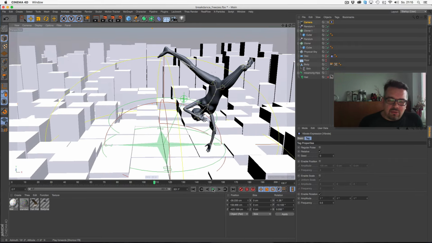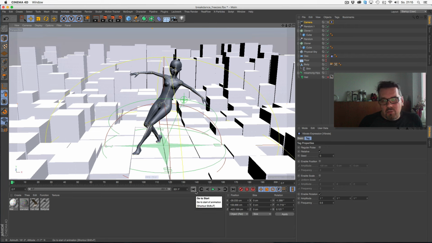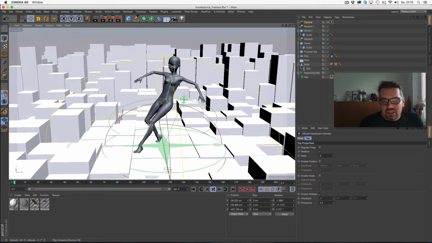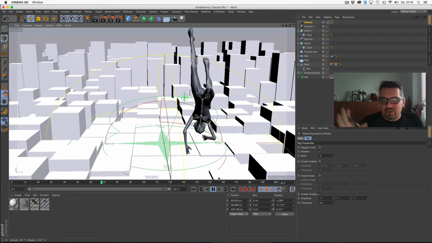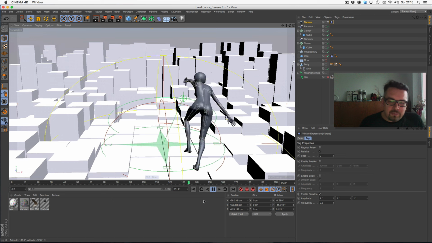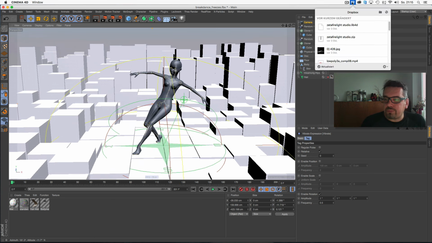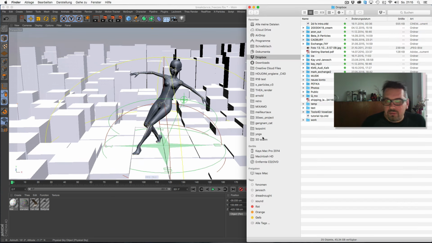It's important to give the viewer a more realistic feeling, yeah. And what I did in this case, to not just have this random movement, I just shot a movie with my iPhone.